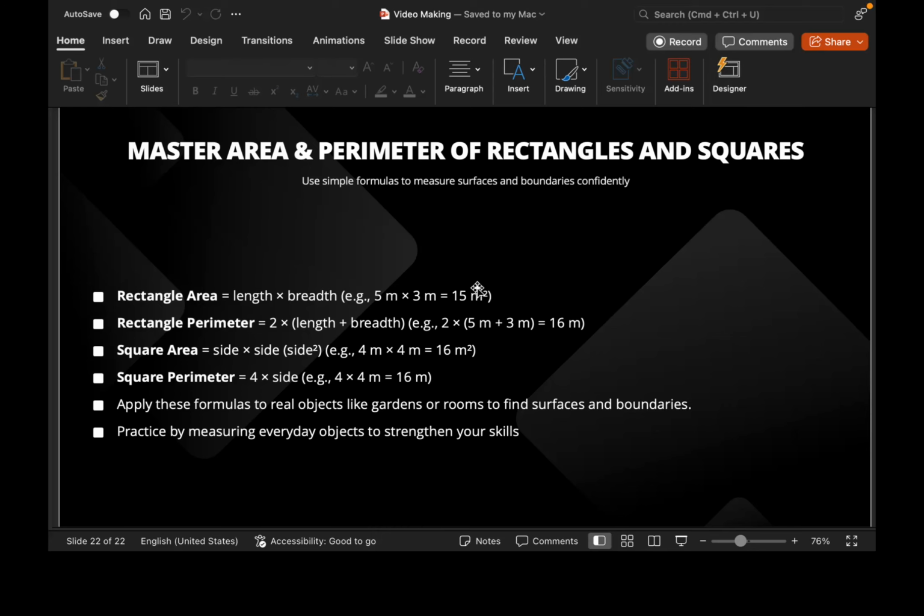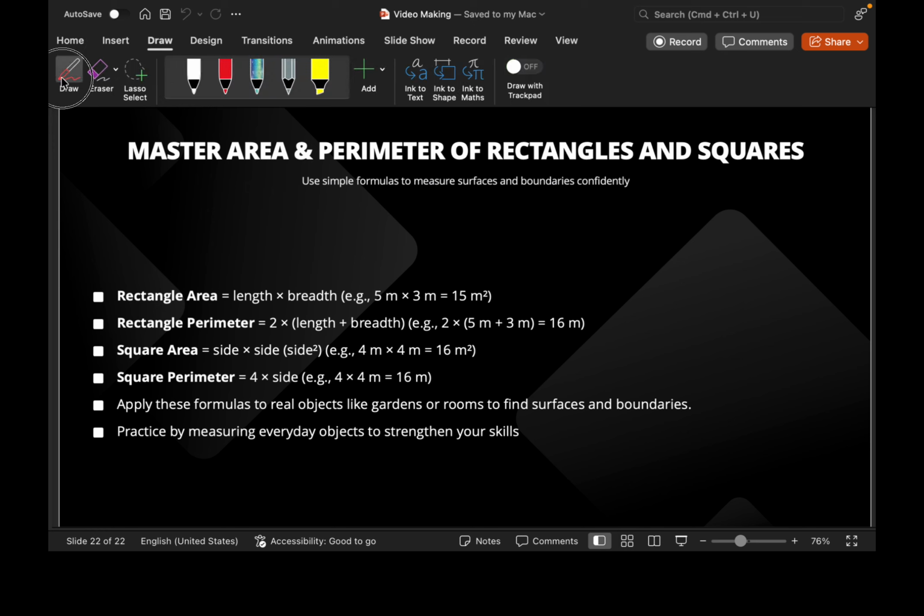The last topic that you need to learn for grades 2 to 5 is area and perimeter. Specifically, the area and perimeter of a rectangle and a square. How to calculate the area and perimeter of a rectangle first. For a rectangle, they'll always give you